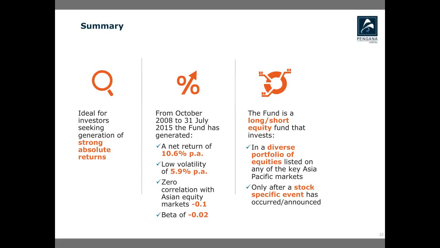So the first question is on the clarification of the August return. I must stress that at this point in time it is an estimate because the administrators are still working through the NAV calculations. But the negative 4% return, or the estimate of the negative 4% return, is in Australian dollars and not in US dollars. I hope that clarifies.